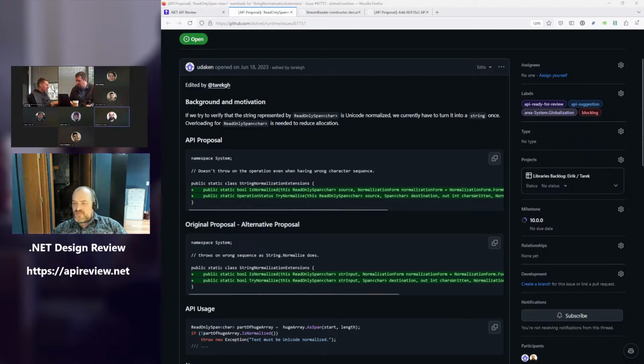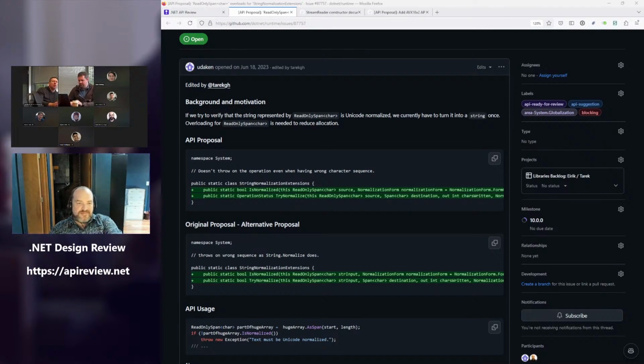Yeah, we encountered this scenario also while I was working on the tokenizers. I came across scenarios where it needs to do the normalization, and doing the normalization with every single string passed to the tokenizer will be very costly. It will allocate a lot of memory. So having an API like this will help in such scenarios. Basically, this is matching the two APIs that we have on the string already, that is normalize and is normalized, but here I'm calling it try normalize instead.